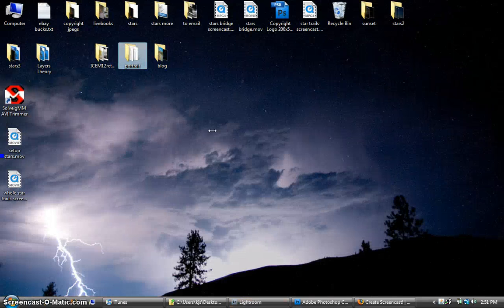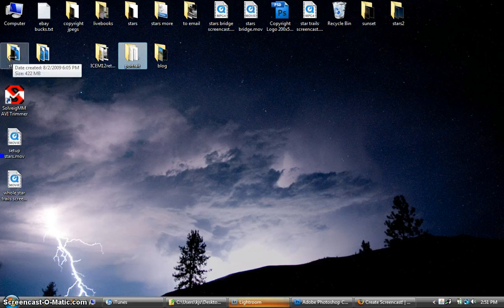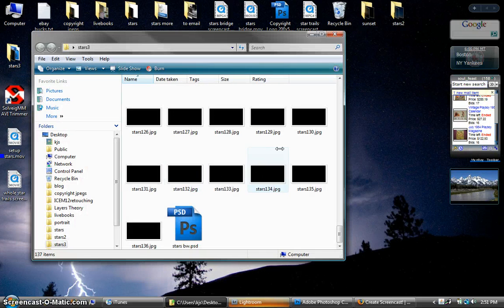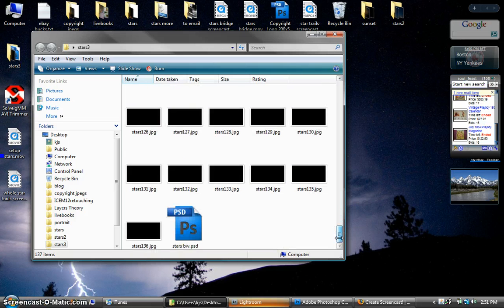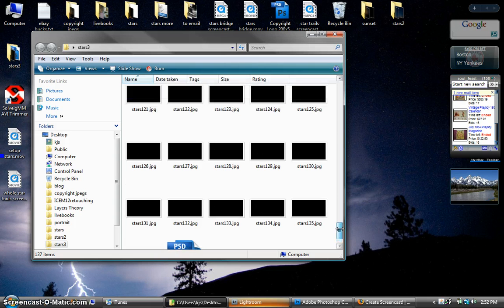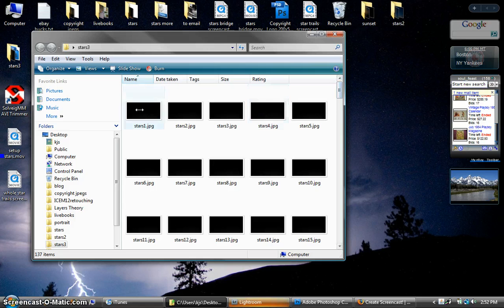That was done by taking 136 of the stars that I shot at the rest stop, resized them to cut down just for the trails themselves, turned them black and white in Lightroom, loaded them all into Photoshop, and they created layers. Then I blended each layer onto the background layer using an action